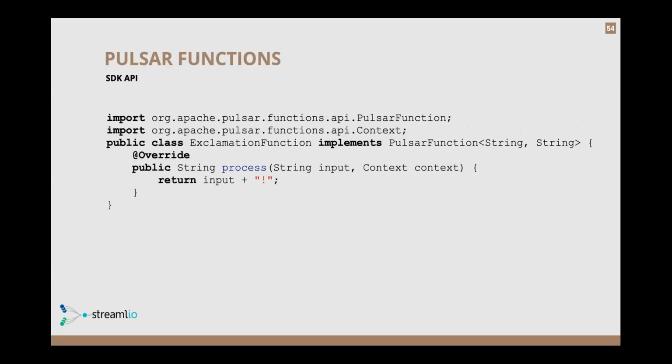We also provide a more complex SDK version as well, which requires you to import and use the Pulsar Functions API jar, and then you implement a different interface, Pulsar Function.